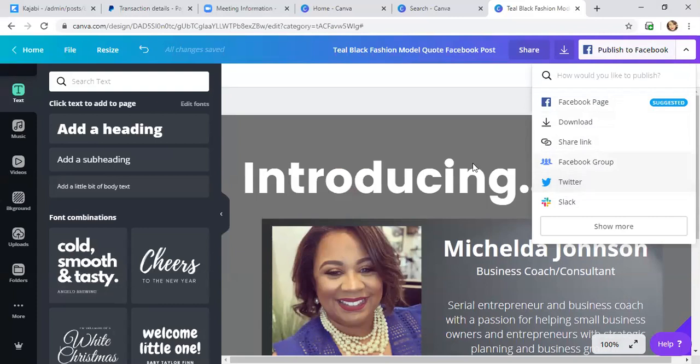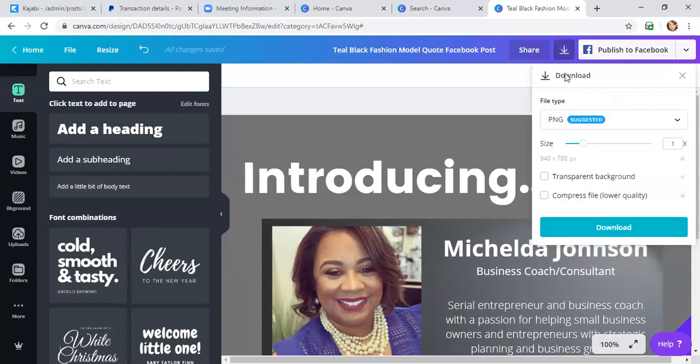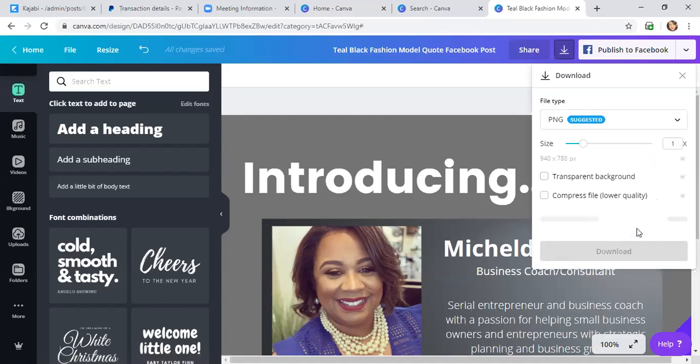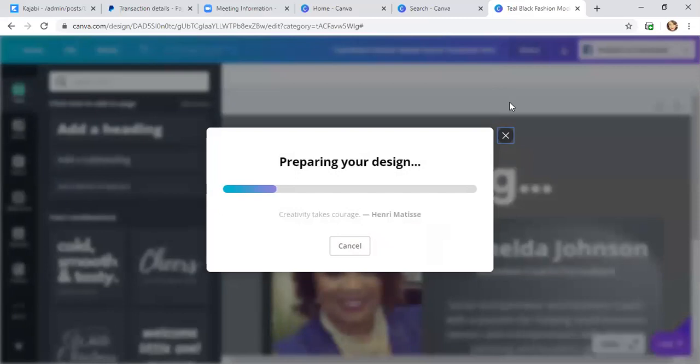directly to Twitter. So I also love that if you link Canva to your social media, then you're not having to do double duty, right? Or what you can do, and that's what I'm going to do, I'm going to download it. It's a PNG, so that means it will work on Facebook and on Twitter and Instagram and all of that. But this was a Facebook ad, and I'm going to download it, and it'll prepare the design and